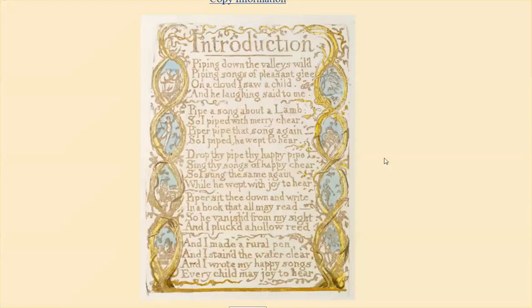Okay. So this particular poem, despite its apparent simplicity, actually invites us into one of the most fundamental questions that a number of different romantics had to deal with. We've seen it slightly expressed in John Keats's Ode on a Grecian Urn, which would come a few decades after this particular poem. This question about what's the role of art in the world? Does it really have philosophy to give us, or is it just this limited representation of the actual world or the imaginative mind? What's the tension between those two things? Okay, so we have the image here of this piper piping down the valleys wild, songs of pleasant glee.